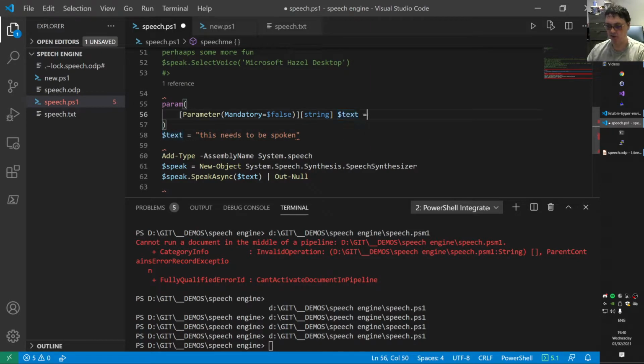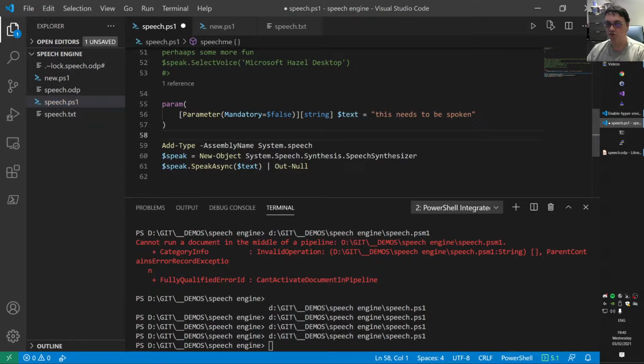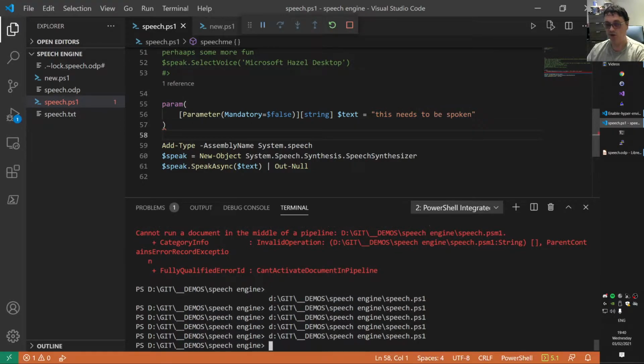What you can do now is, for instance, move this text that we have here and assign it there. We have some more flexibility now. I'll show you in a second why that is. So now I remove this hard-coded value. We still have the hard-coded value here, but it can be overwritten already. If you now run it, this needs to be spoken. Not very exciting, but if we do now